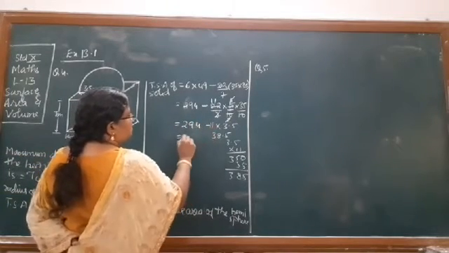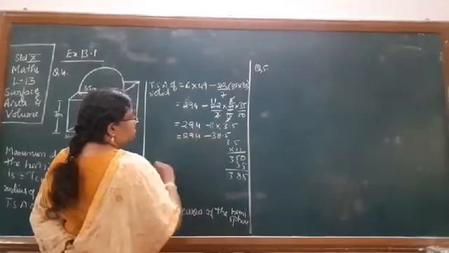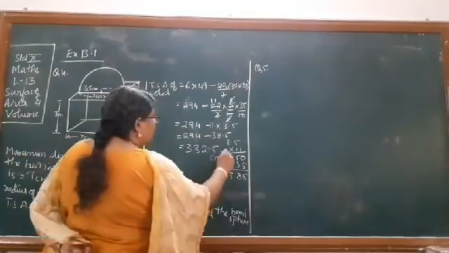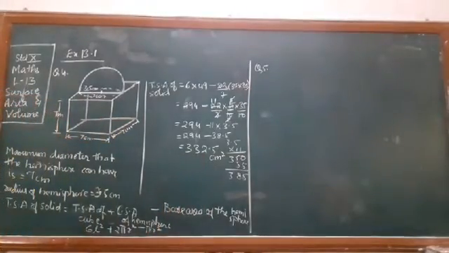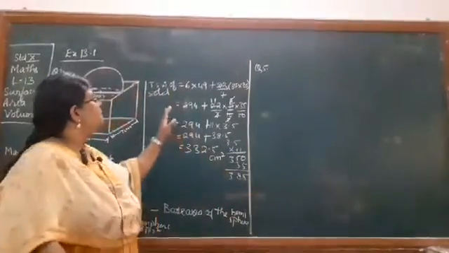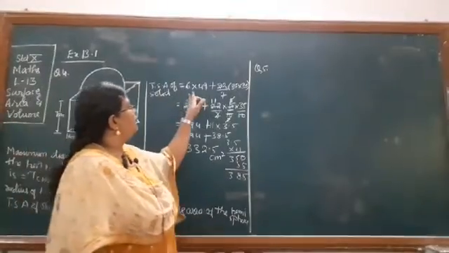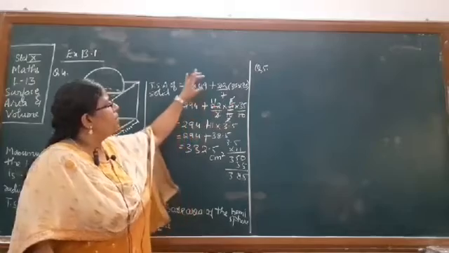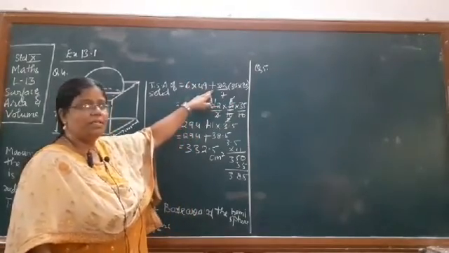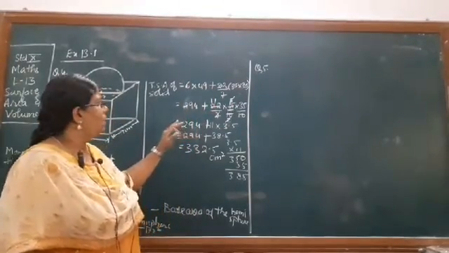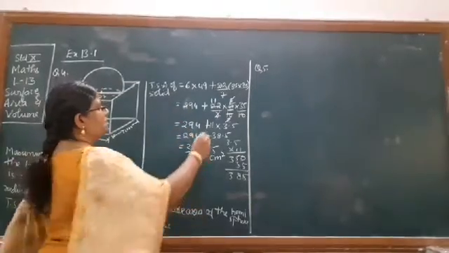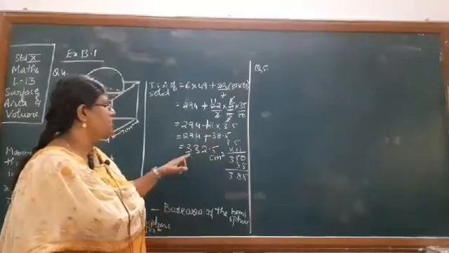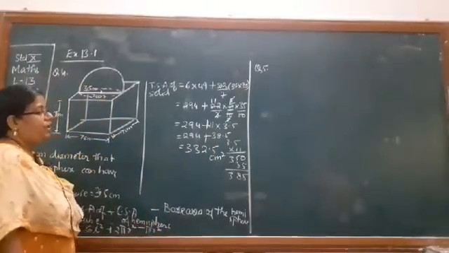294 minus 38.5. So your final answer should come out as 332.5. Can you observe here, 6 into 49 will give you 294, and the pi r square value, by mistake I had written here as minus, so please put it plus, okay. So 294 plus 38.5 comes out to be 332.5 centimeter